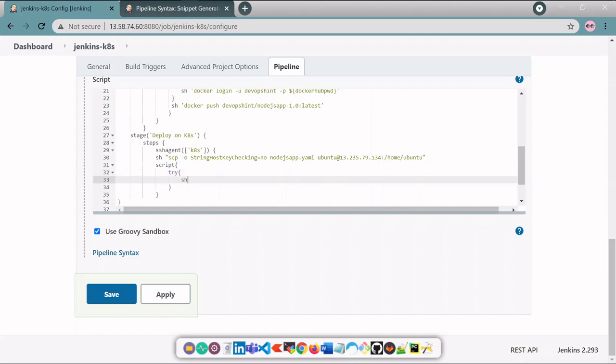Now we'll add one shell command which will create our resources. Just simply copy this one again, because we have to declare where we have to run the shell command.